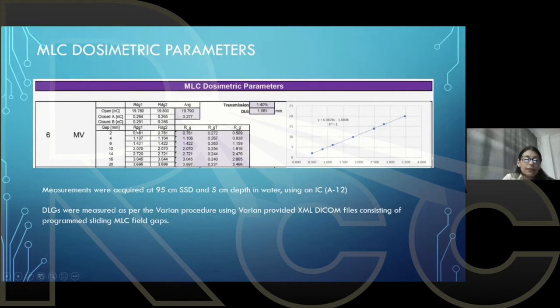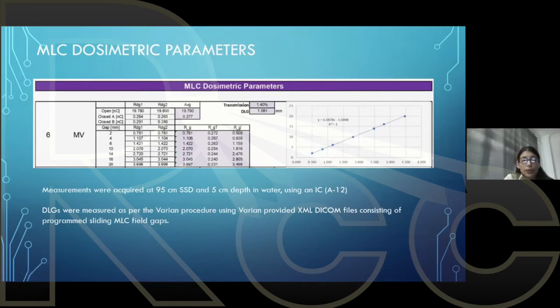And here, the way that this is measured, you have a tiny slit or gap starting from 2 millimeters all the way to 20 millimeters. Basically, you are putting your ion chamber on the central axis, and then you are doing some measurements with an open versus a closed or very tiny gap. This is an exercise that Varian has written a procedure on,